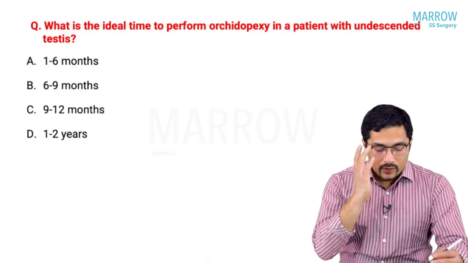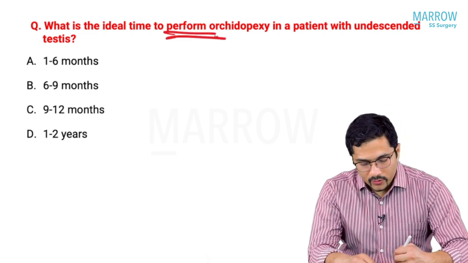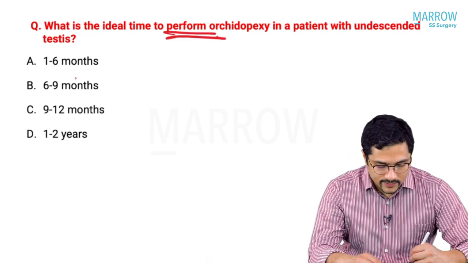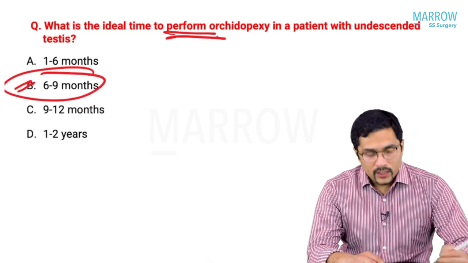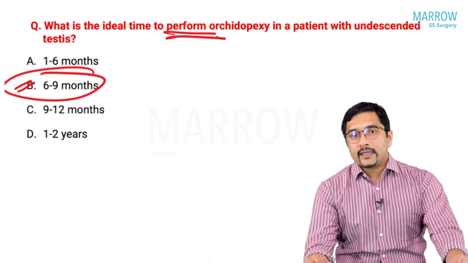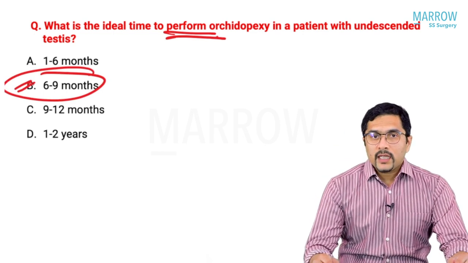Again, a very straightforward question. What is the ideal time to perform orchidopexy in a patient with undescended testes? This is 6 to 9 months. You know that spontaneous descent can occur till 5 to 6 months. If spontaneous